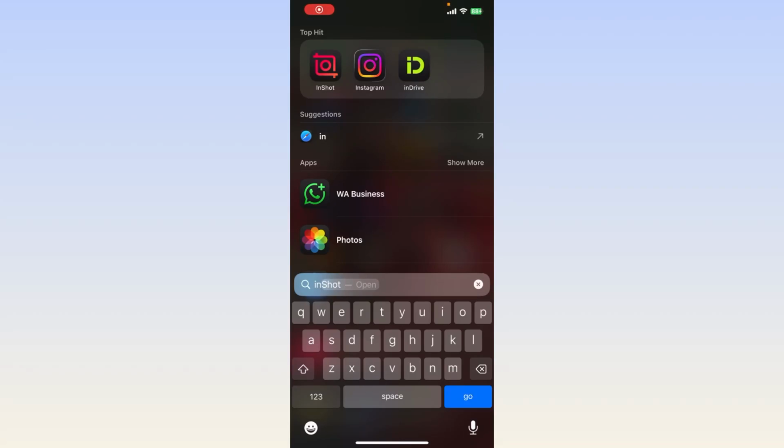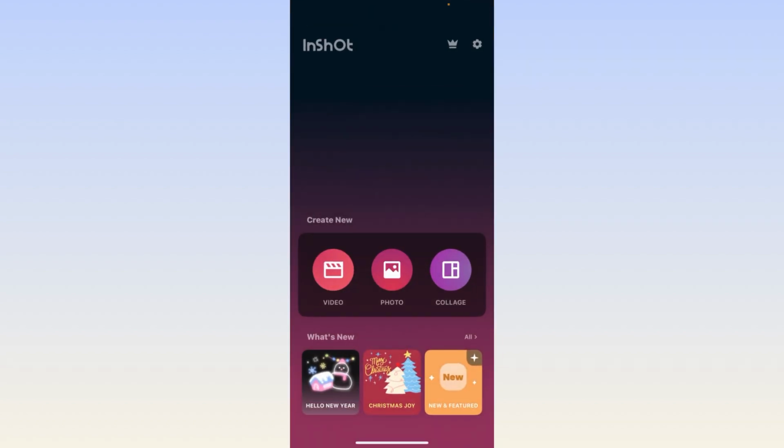How to edit slow motion video in InShot app. So first things first, let's open the InShot app, and I assume that you have already downloaded the InShot app